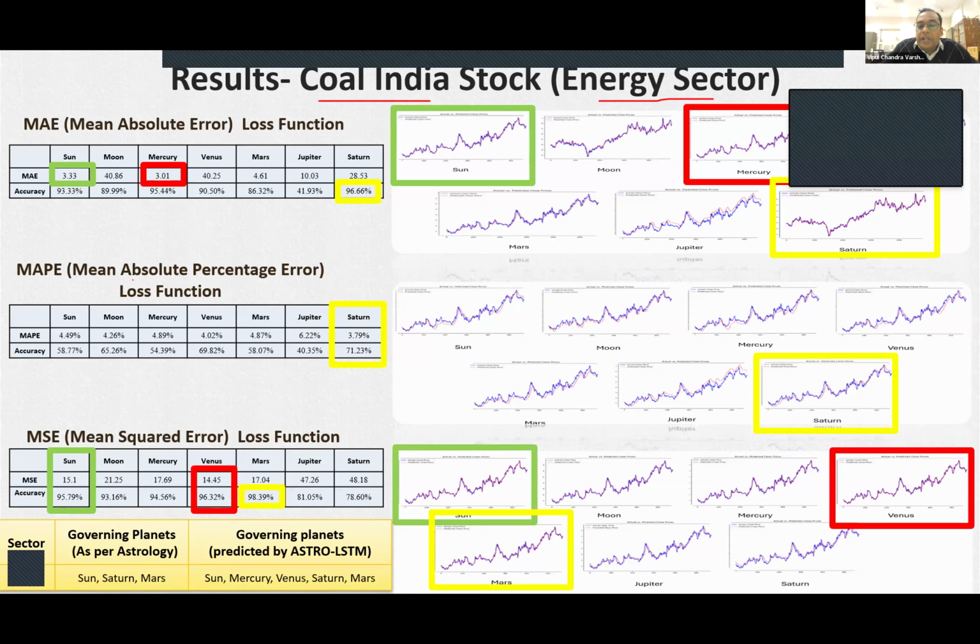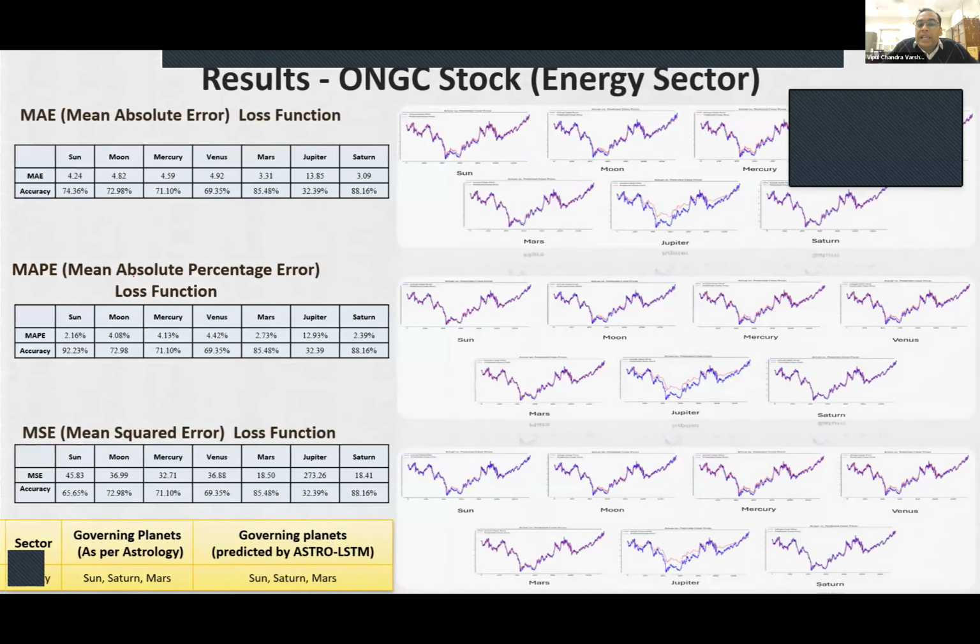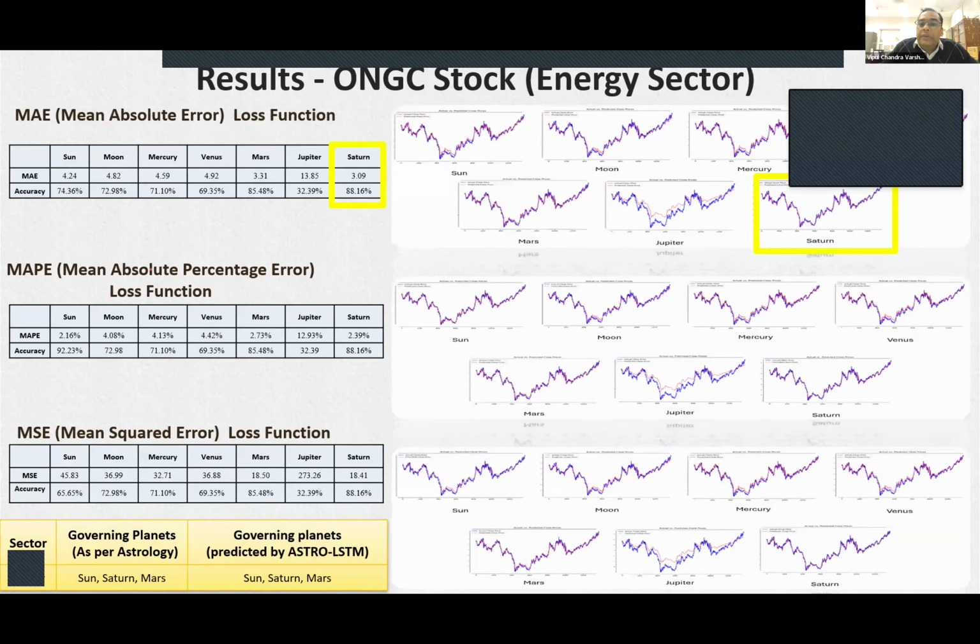Moving ahead, I am getting one inconsistent result here as well. That is for Venus, but that is only in the one function. Now, moving ahead to my last stock, that is ONGC. Here I am getting the consistent result for all these. As you can see, initially the lowest loss value is for